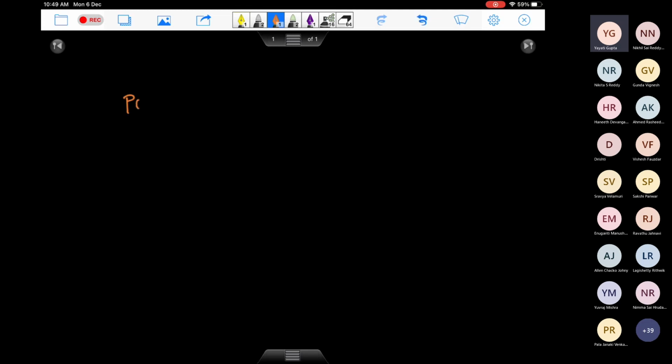So in that context, let's take this example. I'm just creating this example on my own. Let's say we have two processes, P0 and P1. We have two things: one is the arrival time and the other is the burst time. Assume that P0 has a burst time of 50 milliseconds and P1 has a burst time of just 1 millisecond. So it's very clear that P1 should get executed before P0. But unfortunately, the arrival time of P1 is 5 and the arrival time of P0 is 0. With this example, you can see the difference between shortest job first and shortest remaining time first.